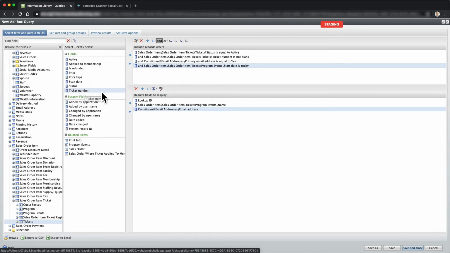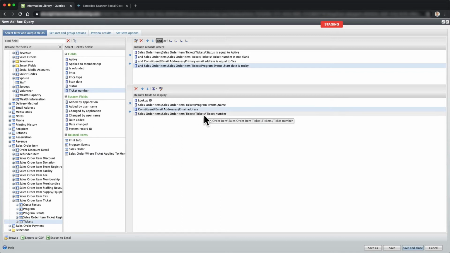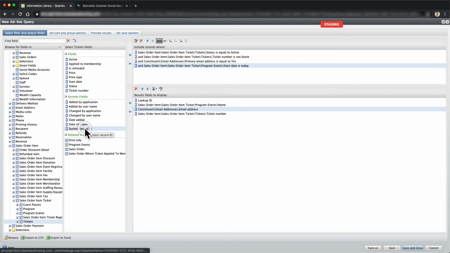going to do ticket number. We're going to move that over. Now the ticket number is something that is actually required by the query, because this is how we're able to convert those barcodes into the ticket number and be able to verify the ticket number that we're scanning in is actually valid. And then lastly, we're going to go here and we're going to add in a system record ID,